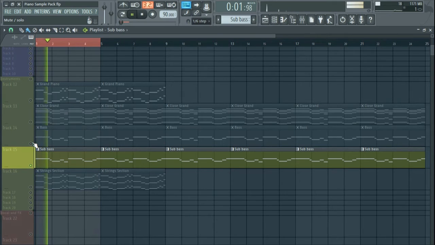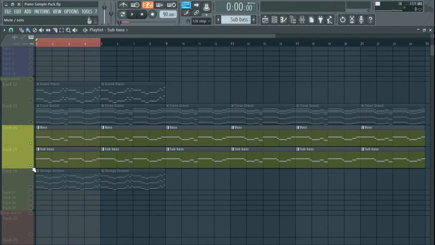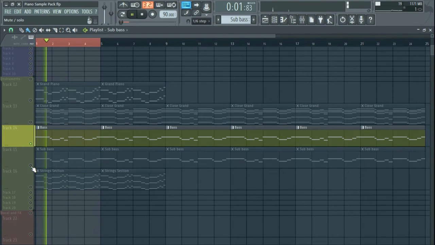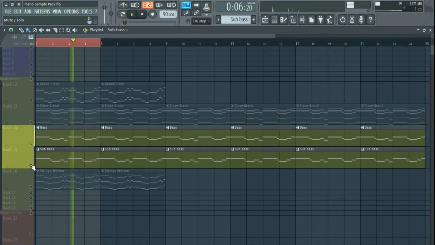As you can see, this is only the sub frequencies, a sine wave, and this is the mid information of the bass, and the two together blend really nice.